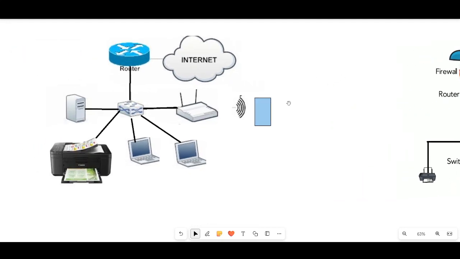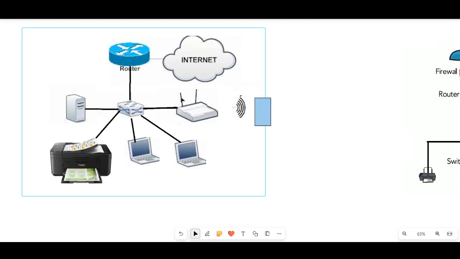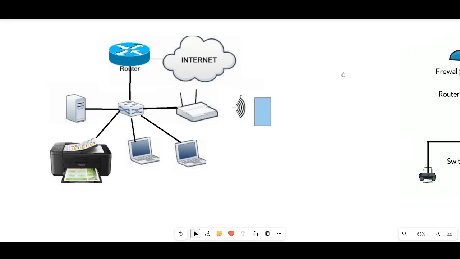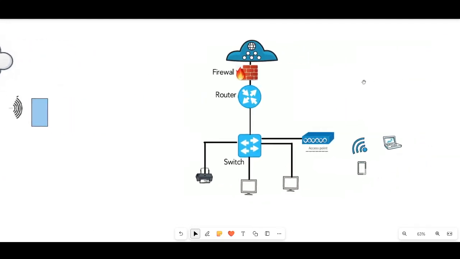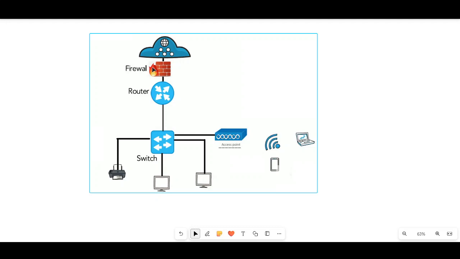Now if you have a small business and you want to protect your network, then you need some interesting devices, you need to prefer a firewall. Here look at this figure, this is a firewall.